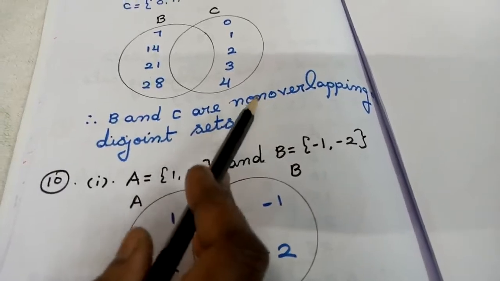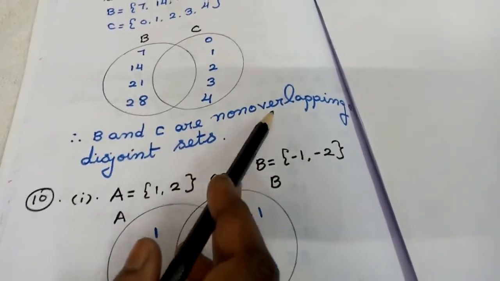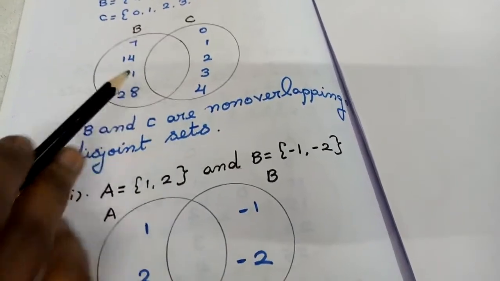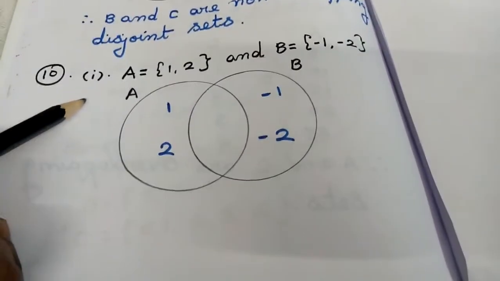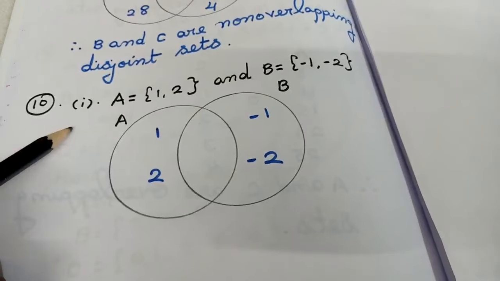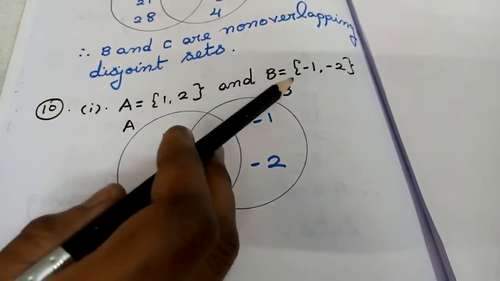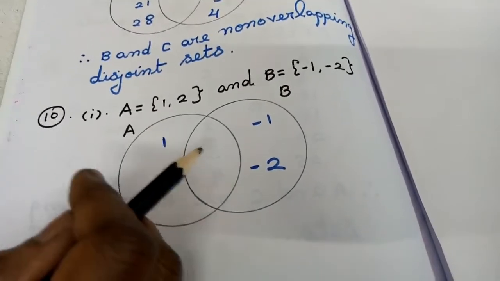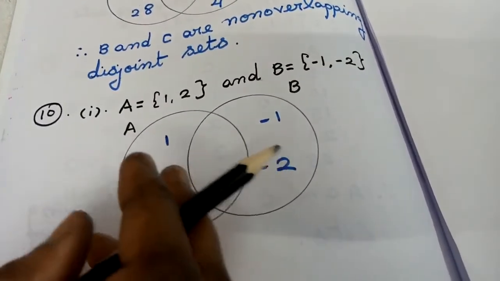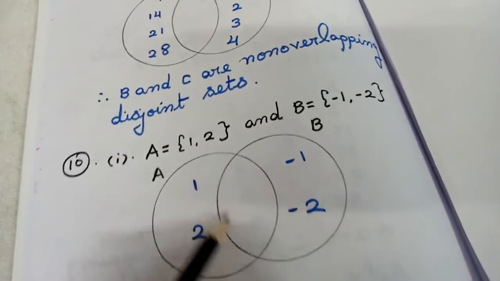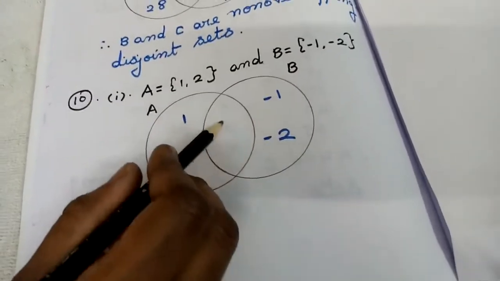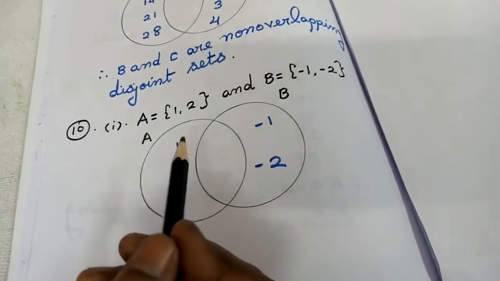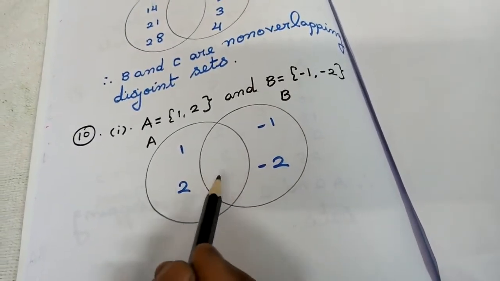Disjoint set, another way they are telling it is non-overlapping. Nothing is common to both the circles. That is the concept. Coming to the 10th question, they are asking you to draw the diagram here, students. They will be giving you the sets A and B. If you see your book answer, they will be separating the diagram. I am not separating here. You are going to draw the circles in this model itself. If this is going to be empty, automatically A and B are disjoint. That is, no element is common to A and B.